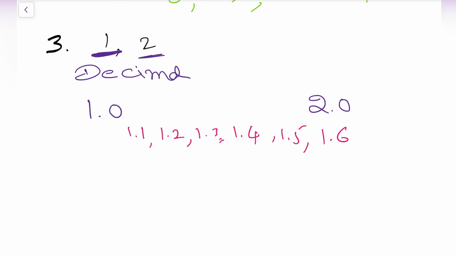Now after getting these decimals, let us convert these decimals to p by q form. First number is 1.1. 1.1 is a decimal. We need to convert that to a rational number. First write the number by removing the decimal. If we remove the decimal, it will become 11 divided by 1 followed by a zero, that is 10.